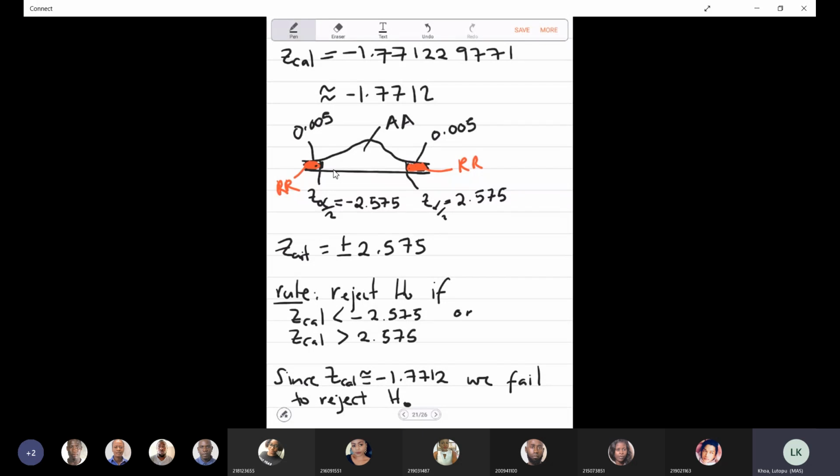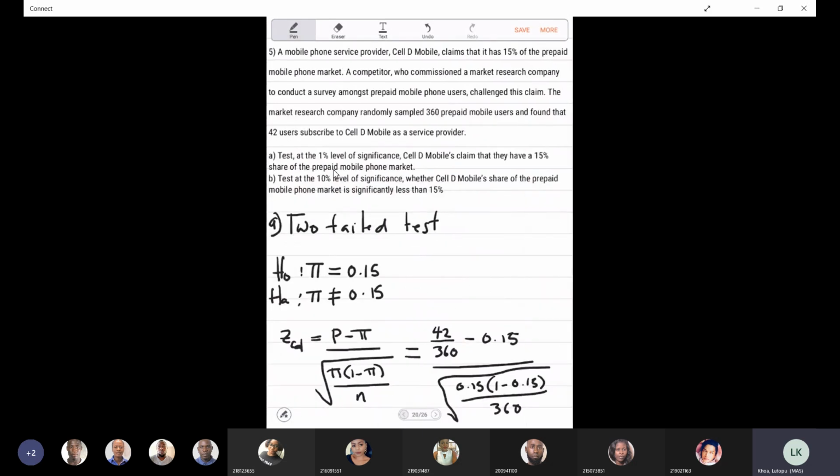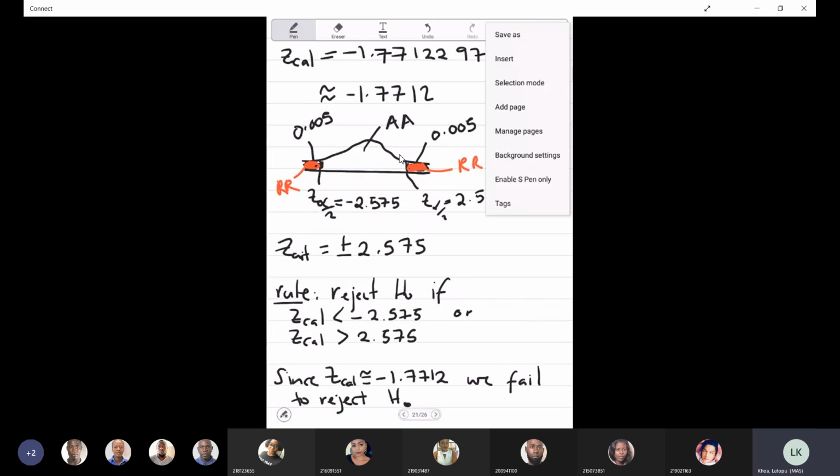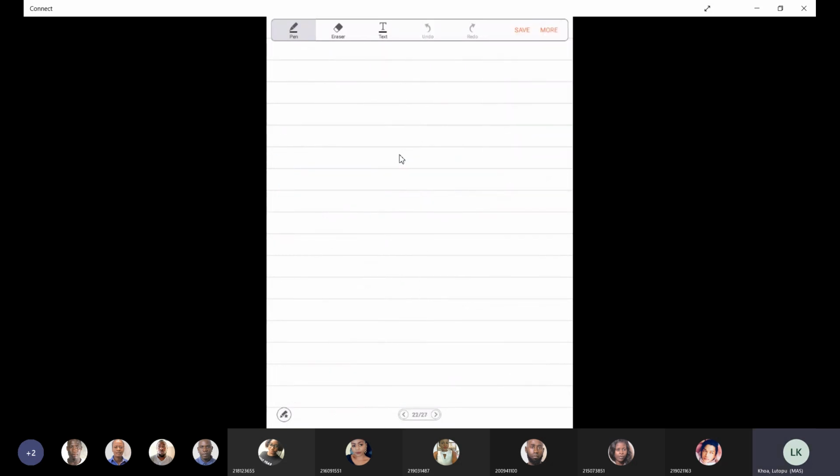And then the last step is to make a conclusion. Now your conclusion should go hand in hand with whatever it is you are asked to work out or test over here. So it's not just we fail to reject and you stop there. Okay, so you can say it in this way. It can be concluded that